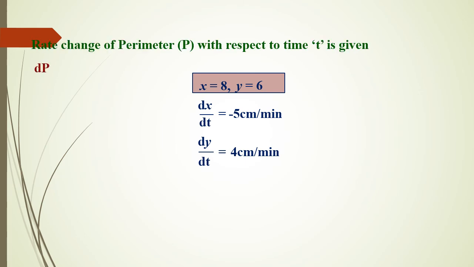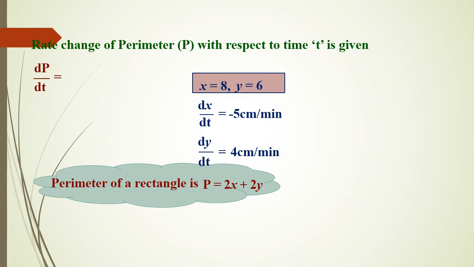Next, the rate of change of perimeter P with respect to time. See, the given parameters are given with respect to time, therefore when you find the derivatives of the area and perimeter of the rectangle, differentiation has to be made with respect to time. Now you find the perimeter of the rectangle. So P is equal to 2x plus 2y.